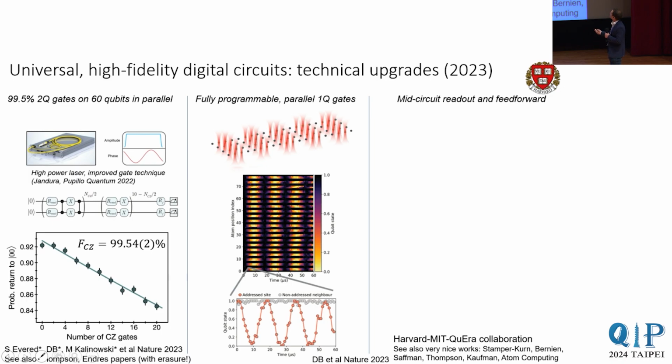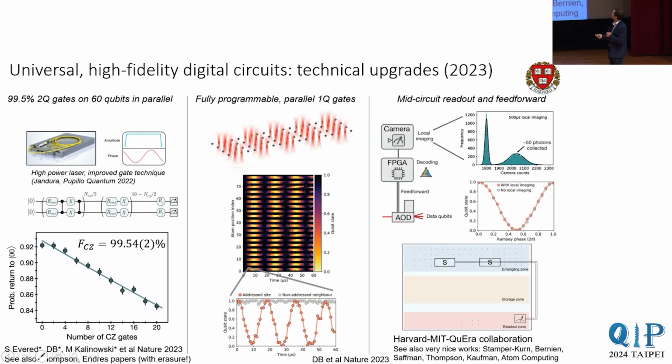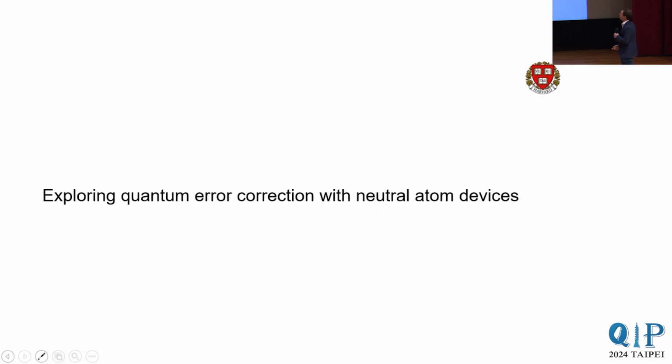And another aspect that we've developed is that of mid-circuit readout and feed-forward, where we can now, in the middle of the circuit, by moving our qubits away to a separate region, measure the qubits and then, live while the circuit is running, decode the state of a logical qubit and then do a classically conditioned feed-forward operation. Okay, so that was the more experimental section.